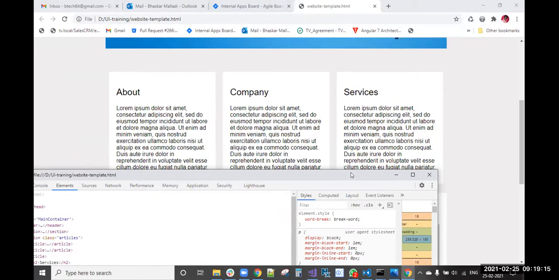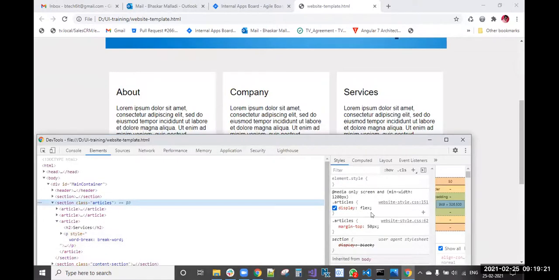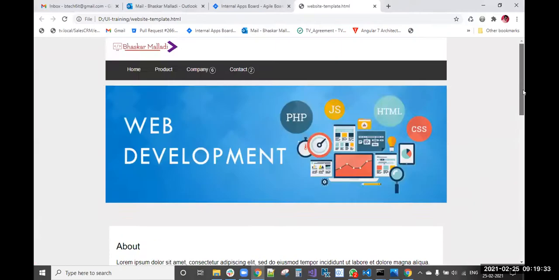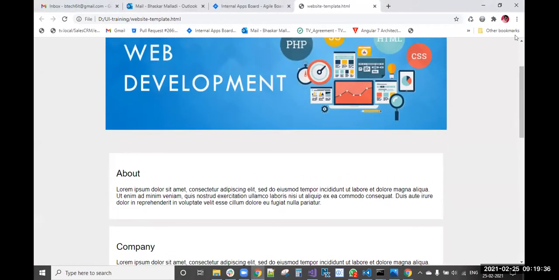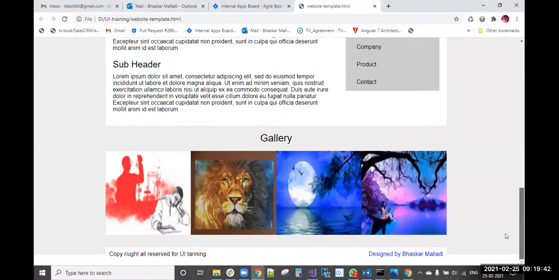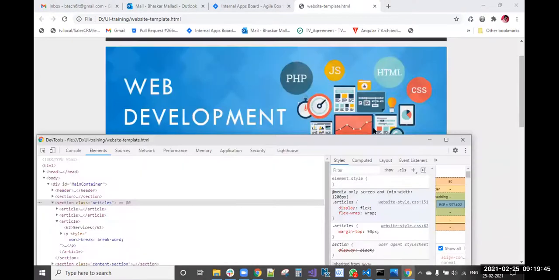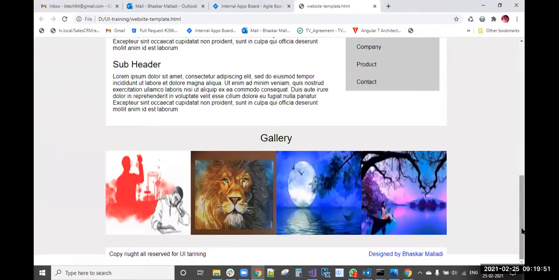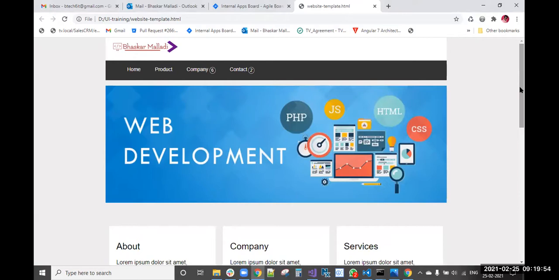And also flex basis, I think you have applied display flex for this section. Display flex is there, right? This flex-wrap also we have one more. I think by default it will be nowrap. You need to apply wrap. Flex-wrap. Okay, things like this you need to change. So in this way, we can do the responsiveness for any website also. Okay, you can apply some background colors, background images, and everything you can apply.